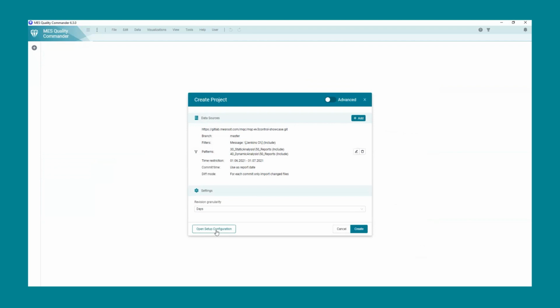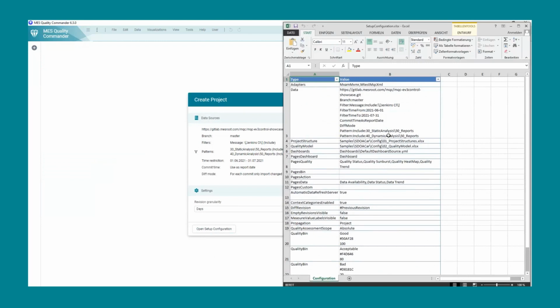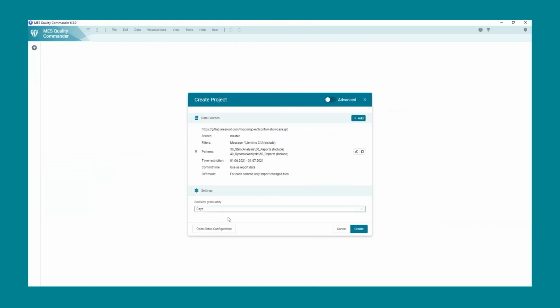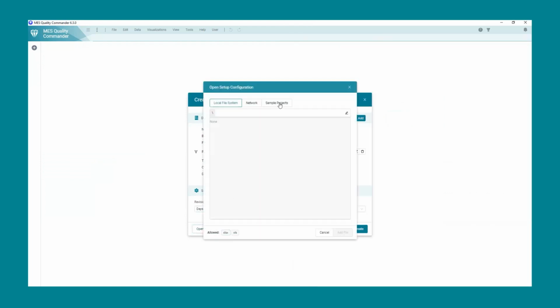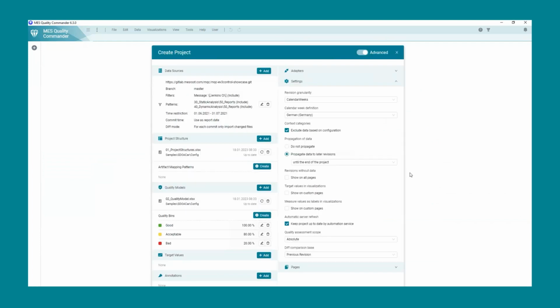Yeah, the setup configuration, as you know from our previous releases, is a kind of configuration file that contains, I can show you one, all the settings and configuration files that you need to set up your project. Everything is contained in this file, and the new thing is that we can now open such a setup configuration